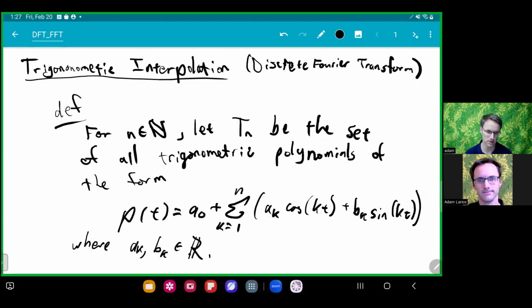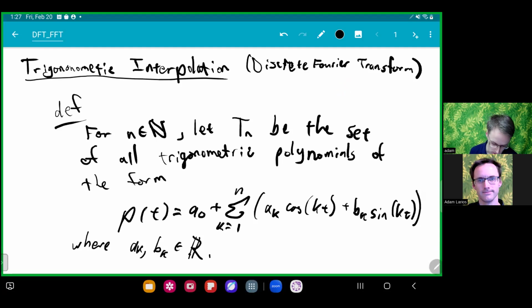Hello. Today we'll look at trigonometric interpolation, and the idea is that this will lead us into something called the discrete Fourier transform, and then we'll look at an algorithm to compute the discrete Fourier transform. The algorithm is called the Fast Fourier Transform, or FFT. So let's try to understand